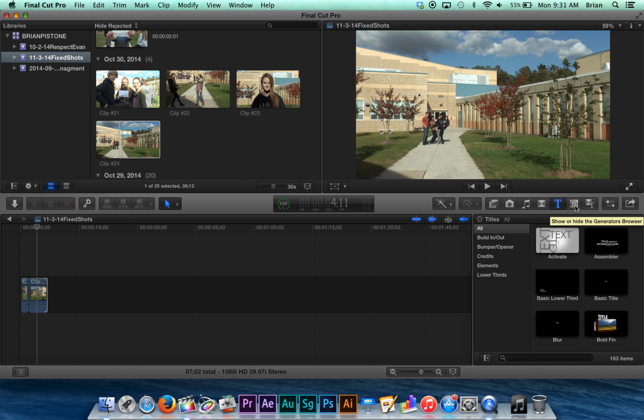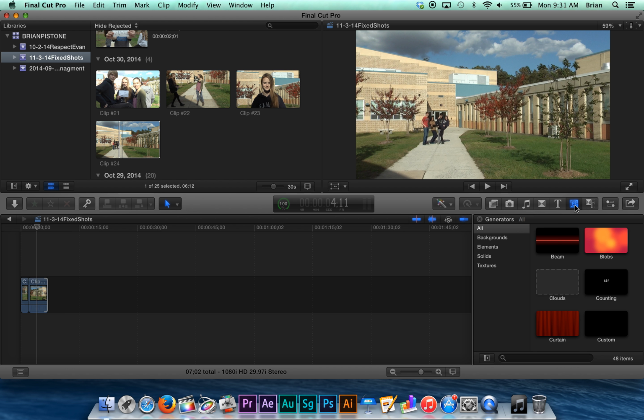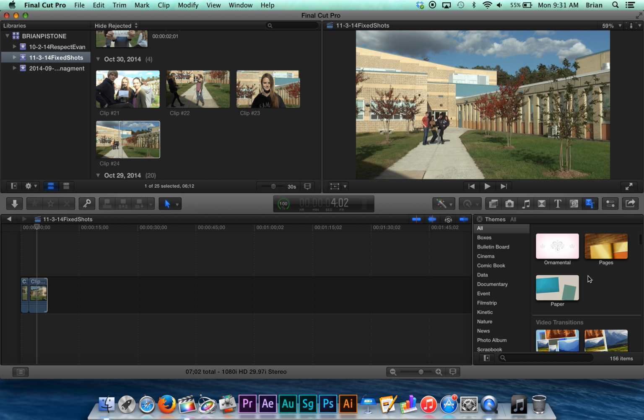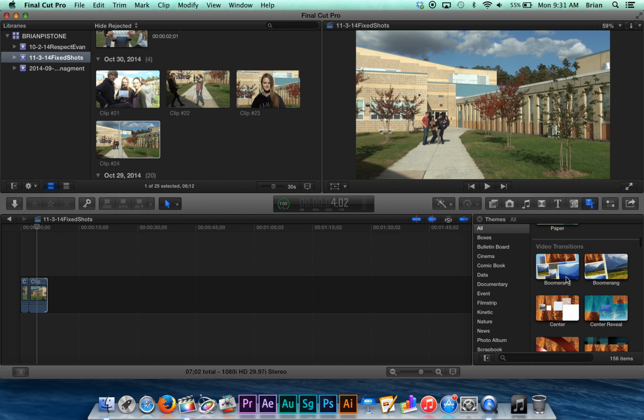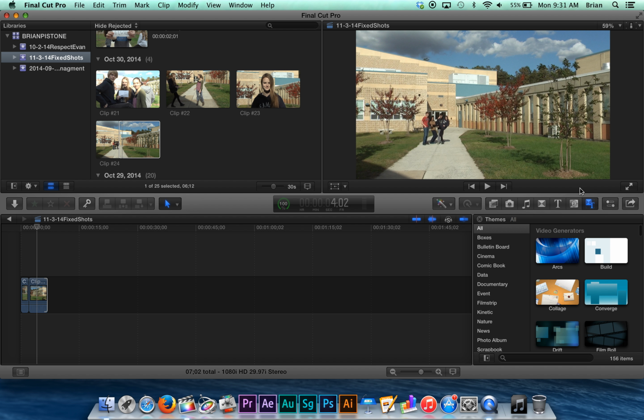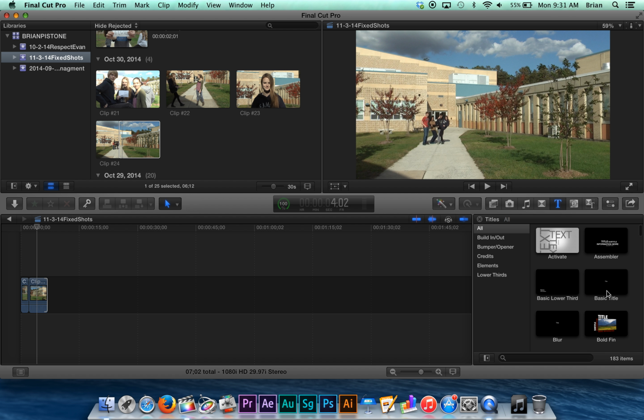if you wanted to add a generator that's like different kind of background or foreground effects, and what's this one here? Themes. So this is kind of like a custom thing if you wanted to set up like an intro to your production or different transitions. These are kind of like more advanced things that you could do. We're going to stick with the basics and just put some text above, and I'm going to use a basic